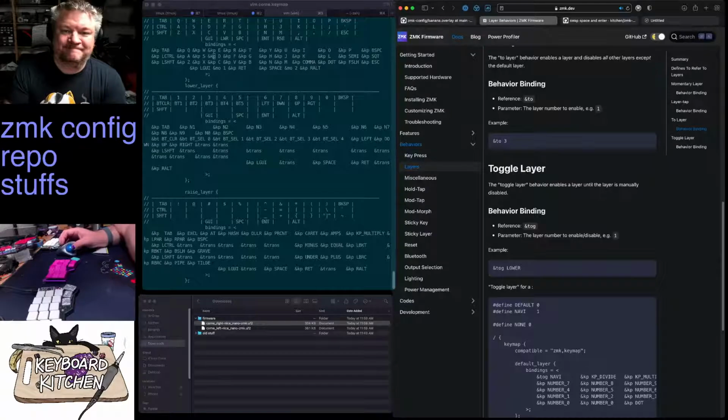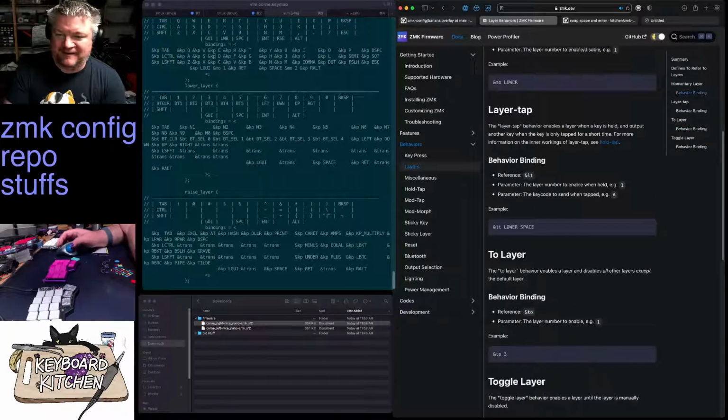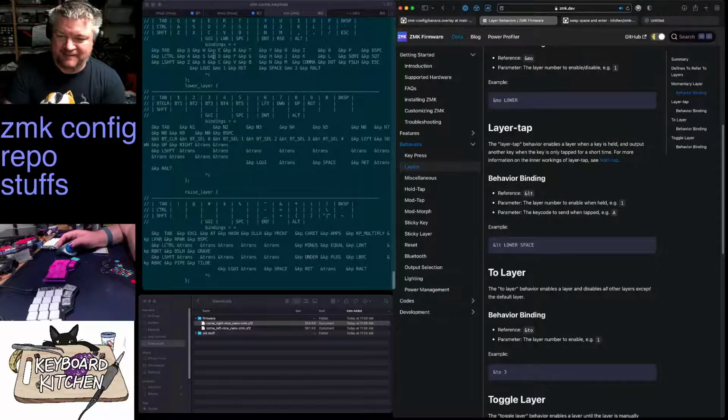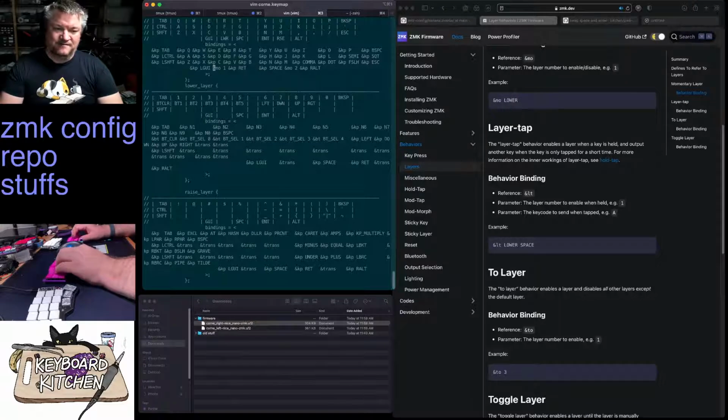I don't know. I don't use them, so not sure, but we'll start with just layer tap here. The layer tap takes two parameters. You say which layer you want to switch to, and then what the tap configuration should be. So we want layer tap to go to layer 1. What we want to do is change this to LT, layer 1, and then